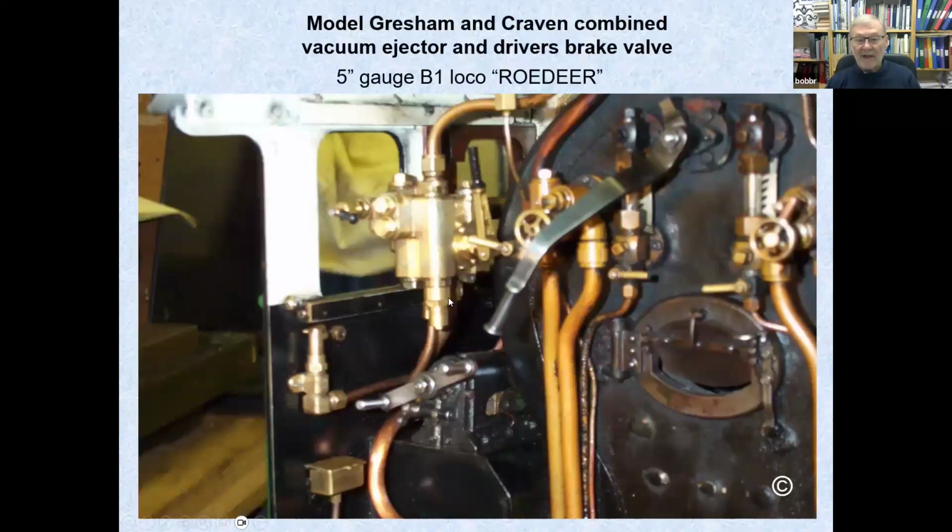This is the vacuum brake gear, ejector and valve I made for my 5-inch gauge Roe Deer, B1. And that's an intriguing bit of kit that I made. I don't know how I managed it, but it did work very well. Now then,